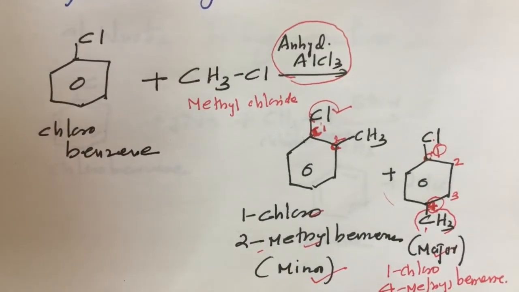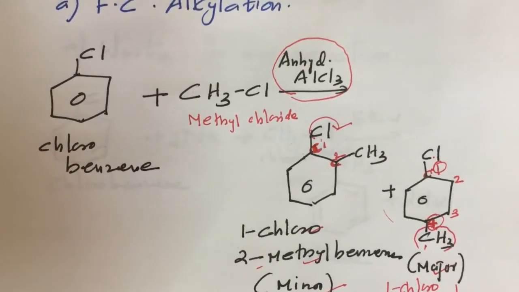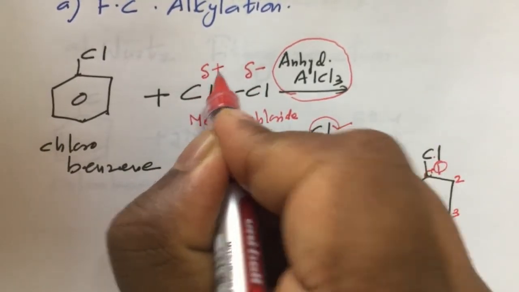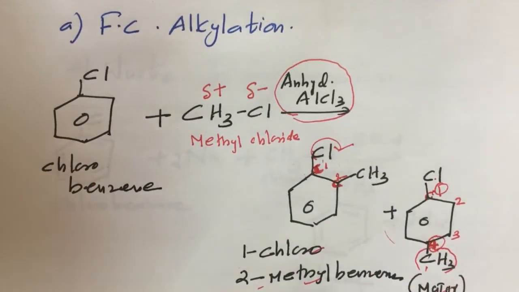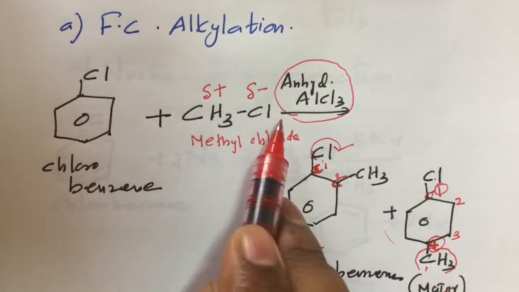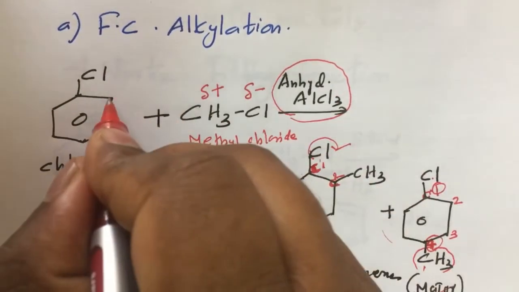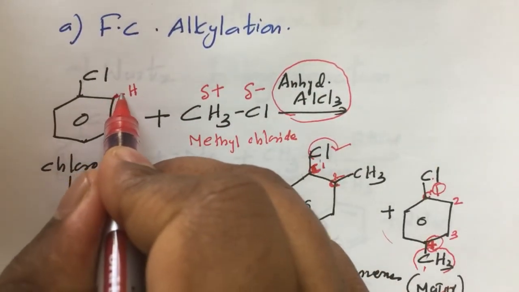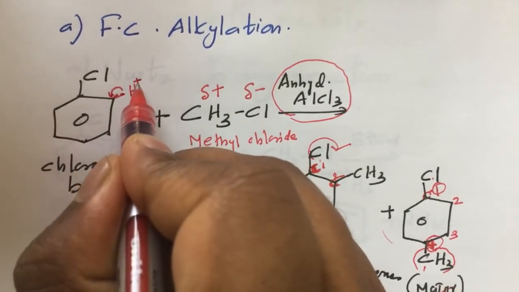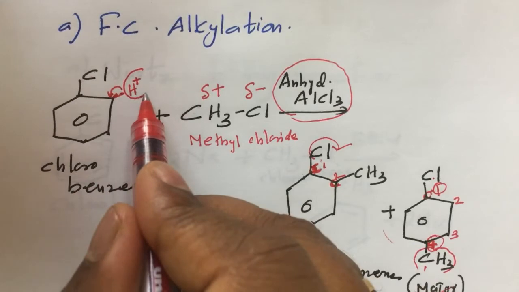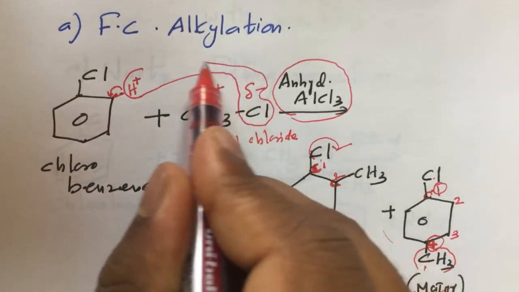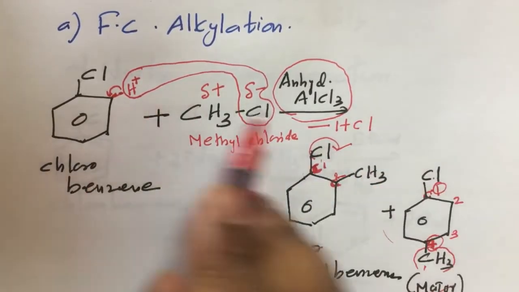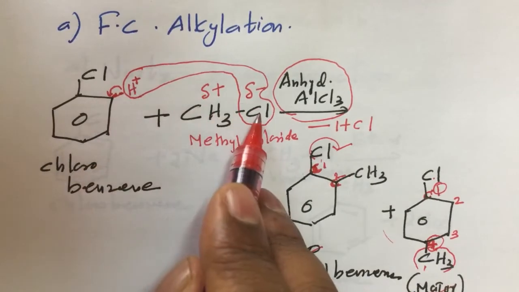Now how can we make the product? I will tell you one shortcut, just remember that shortcut. CH3Cl: Cl we can write as delta negative, CH3 is delta positive. You already learned nucleophilic substitution reaction; alkyl halides are polar in nature, delta positive, delta negative. Then take H from the ortho position, and these two electrons will shift to this carbon and H becomes plus. This H plus and Cl minus combine to form the first byproduct, HCl. The first byproduct is HCl.